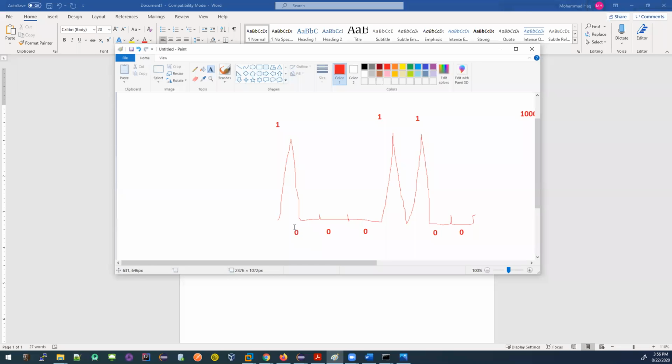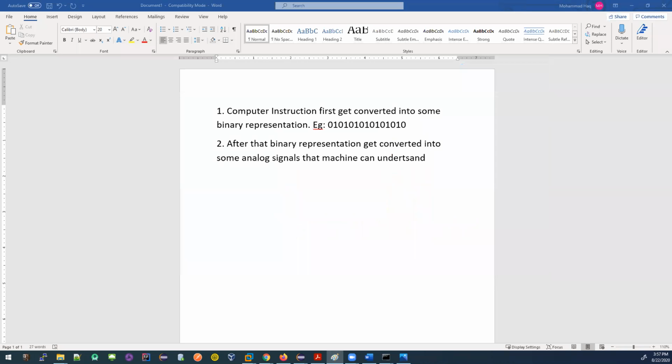We are converting the digital number to analog signals. When you say 1, the signal's amplitude gets high. When you say 0, it is flat, there is no wave. So that can never be digital, you cannot digitalize that. That's good.